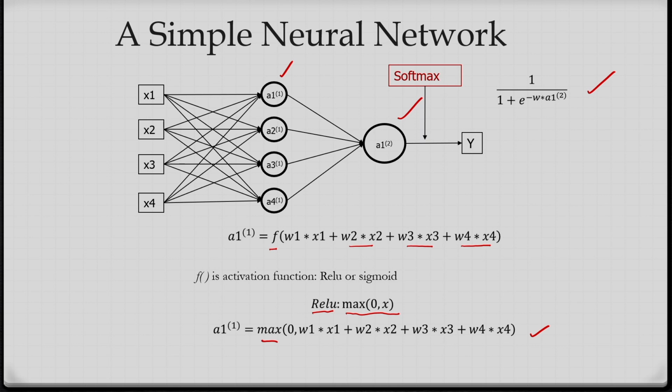It is an activation function that scales numbers into probabilities. So I will be getting the probability values. The probabilities lie between 0 and 1, and it is used for multi-class classification. So the softmax function is an activation function that scales numbers into probabilities. I will be getting the probabilities for each and every class. If I consider multiple classes, suppose for class 1 the probability is 0.2, for class 2 the probability is 0.3, like this I will be getting the probabilities.